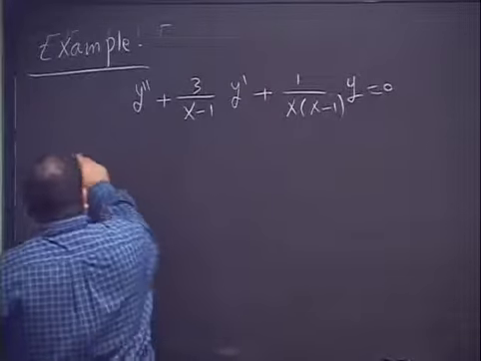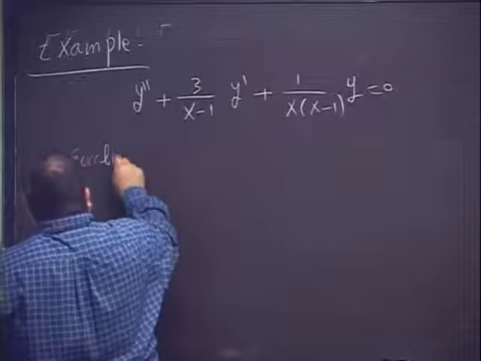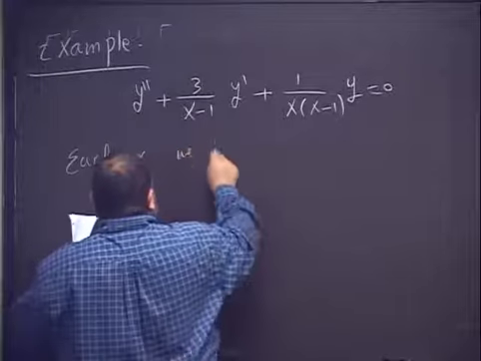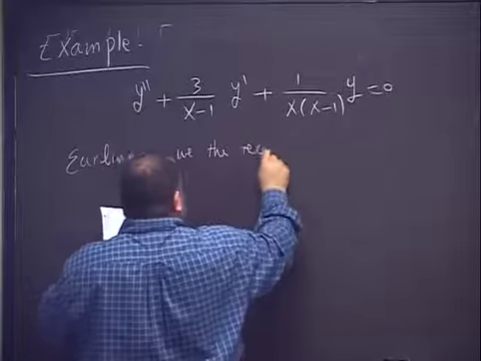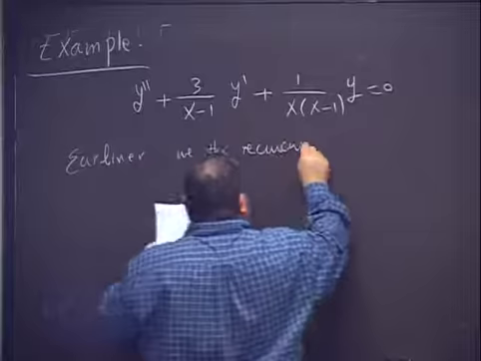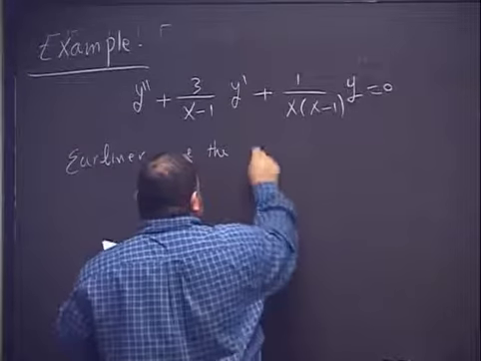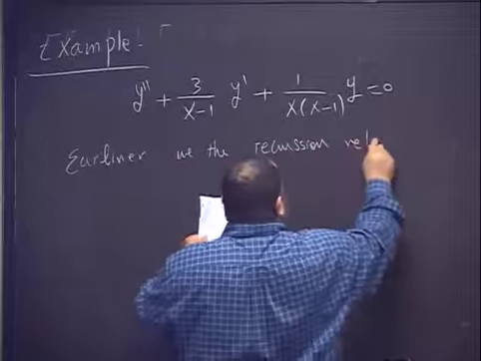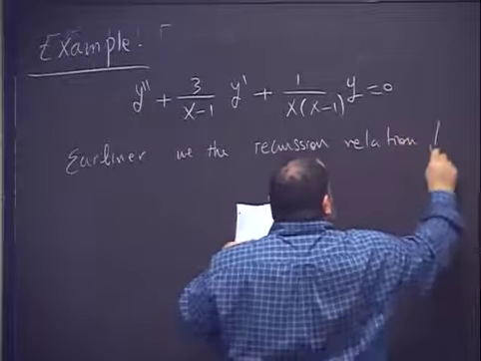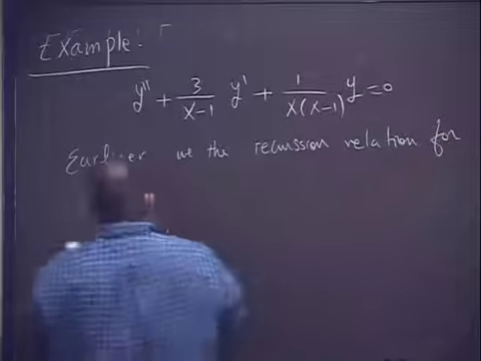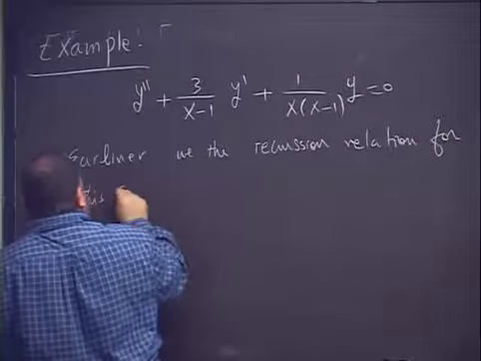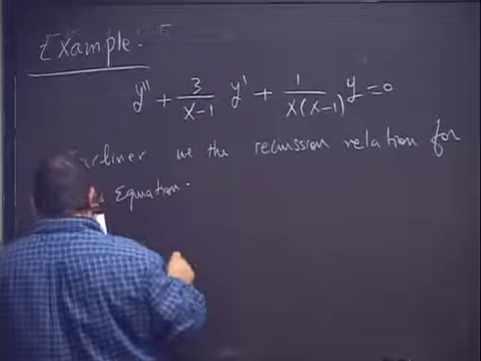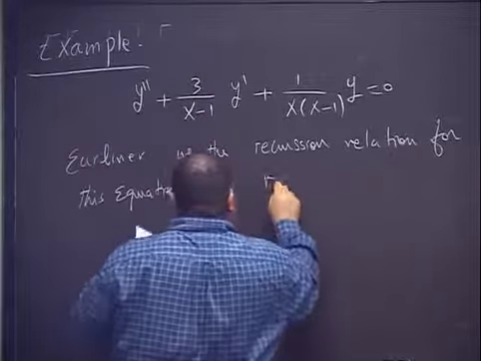So earlier during this work we found the recurrence, or recursion, relation for this equation. I'm not going to derive it again, but the recursion equation, and we found also that R1